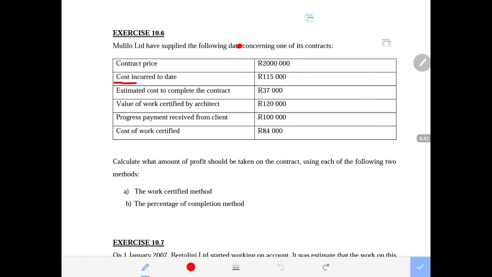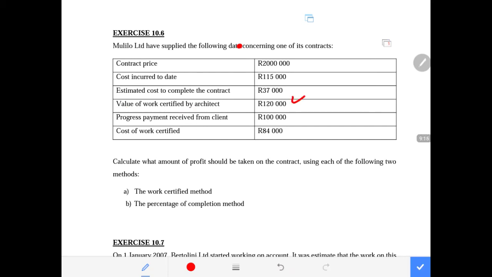The cost incurred to date is 115,000 rands. Then the estimated cost to complete the contract is 37,000. Remember, the 115 is the cost already incurred to date. Then the estimated cost to complete the contract is 37,000 rands. And the value of the work that is certified by the architect is 120,000